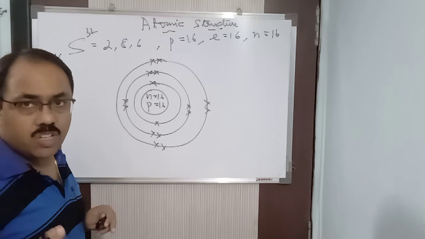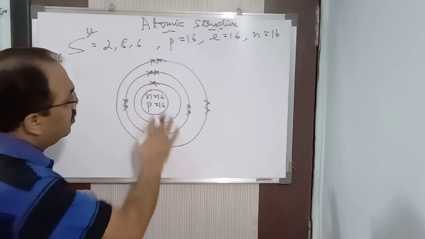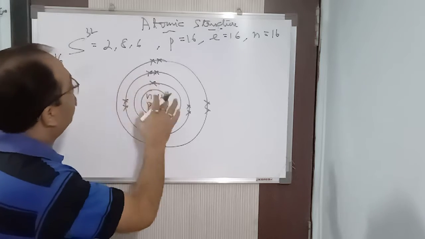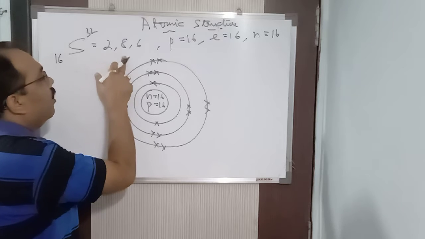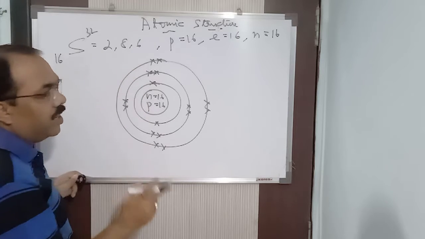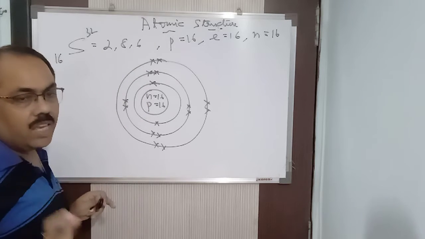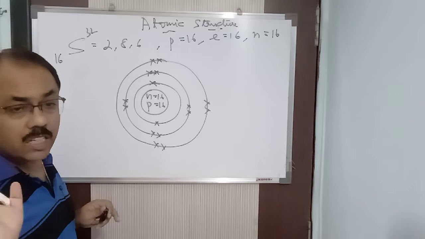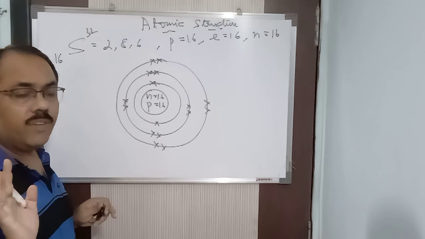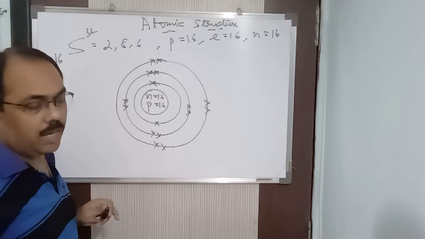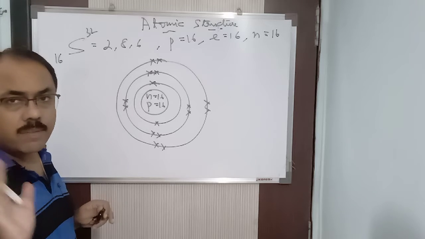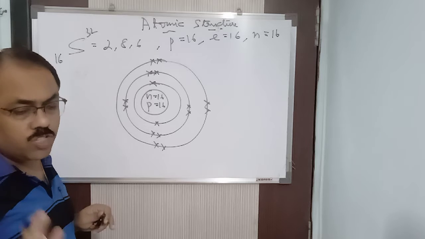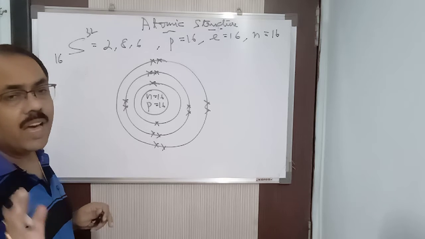In this way we are drawing the structural diagram of an atom, where we are representing the electrons, protons, neutrons, everything, and writing the electronic configuration. Now if you ask me whether this is a metal or a non-metal, last class I told you, if an atom has 5, 6 or 7 electrons in the outermost shell, it is a non-metal. The outermost shell, as I said last class, is known as the valence shell.